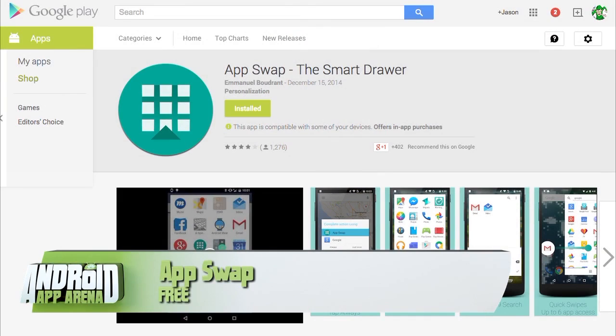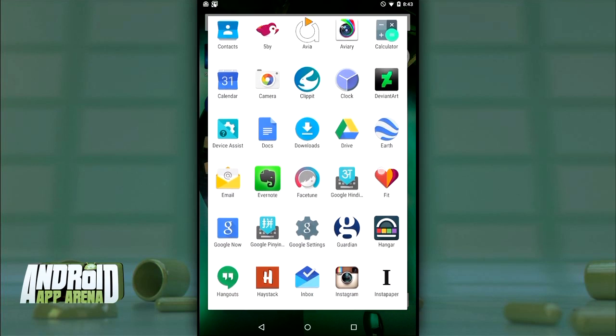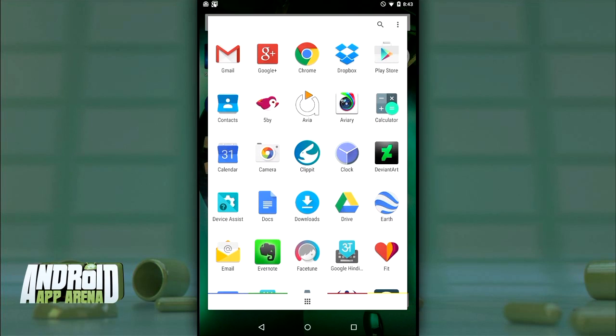And finally, this last app aims to take the place of your standard app launcher and has a nice looking lollipop feel to it as well, so it should sit comfortably on your freshly updated device. App Swap is basically your app launcher with brains. Instead of simply laying out all of your apps from A to Z, it also analyzes your usage and prioritizes the list accordingly. What's different here is that you get all of your apps, like you would have in your